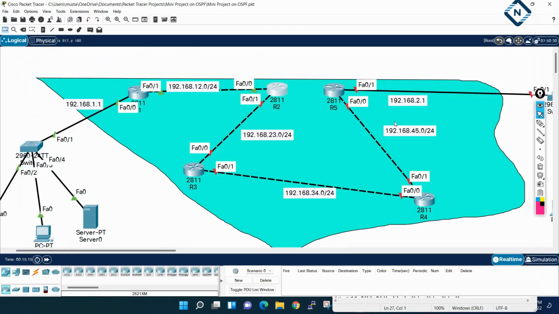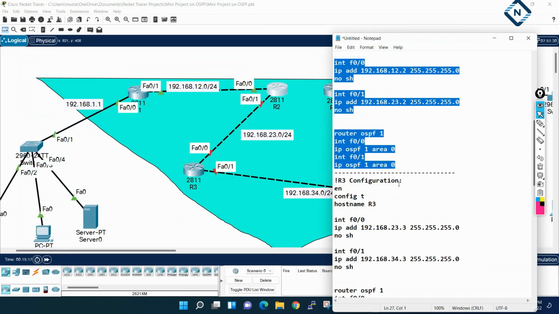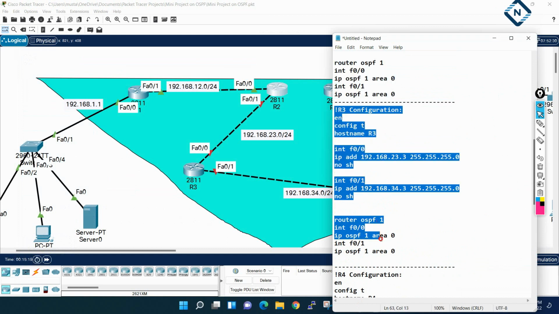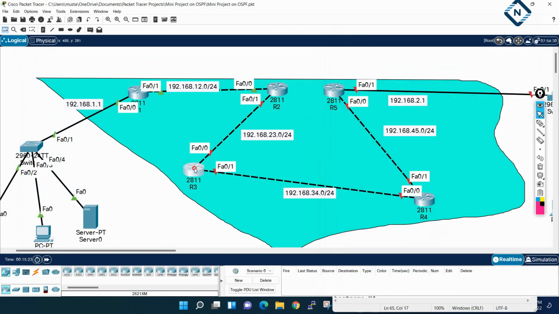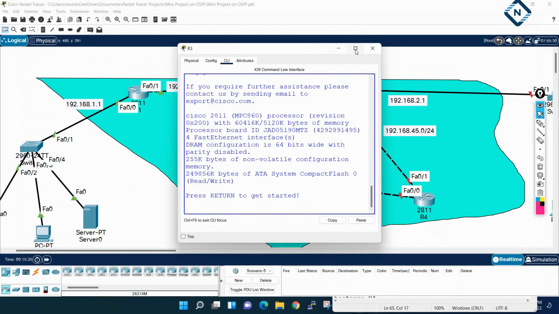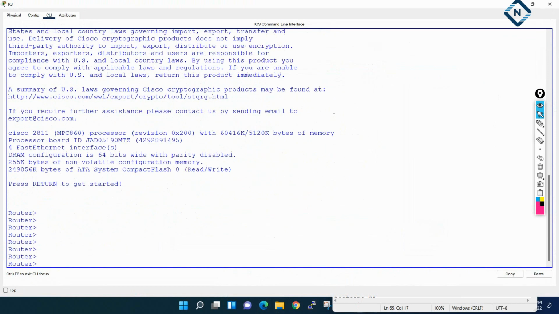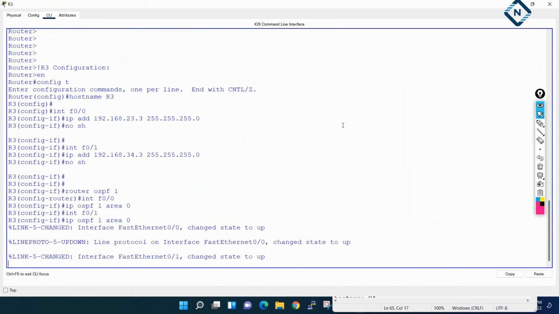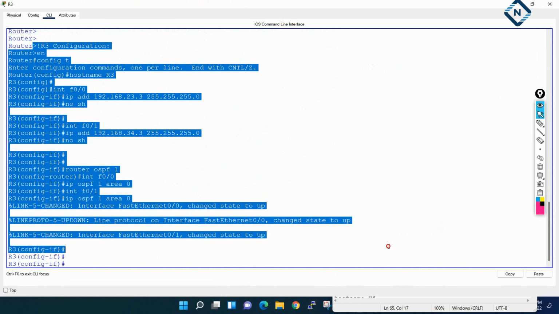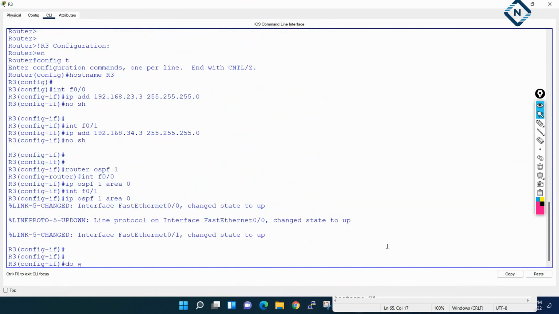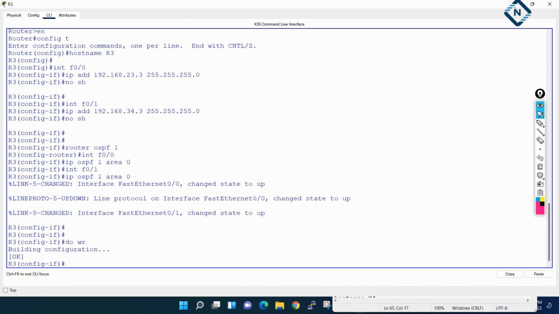Okay, now let me go to R3. This is R3. Here I will go to the R3 CLI and paste. And if you see, everything is good, no error, nothing here also. I will save this configuration also.